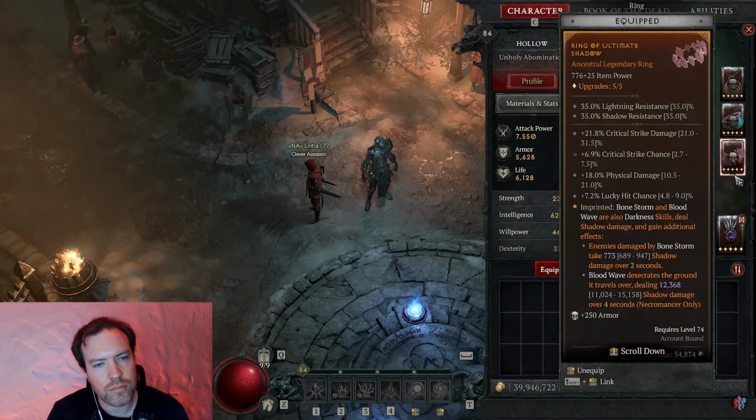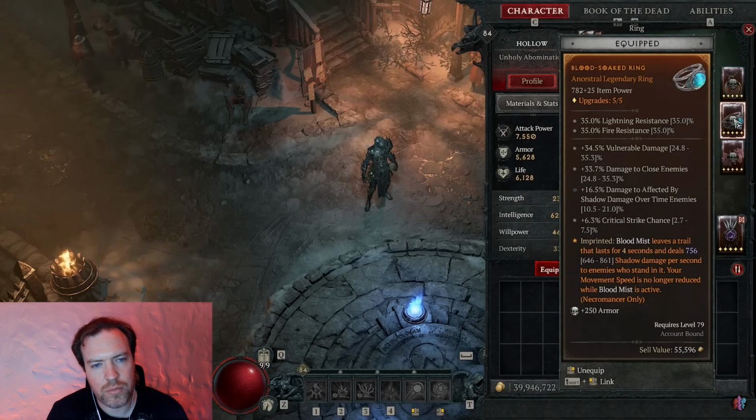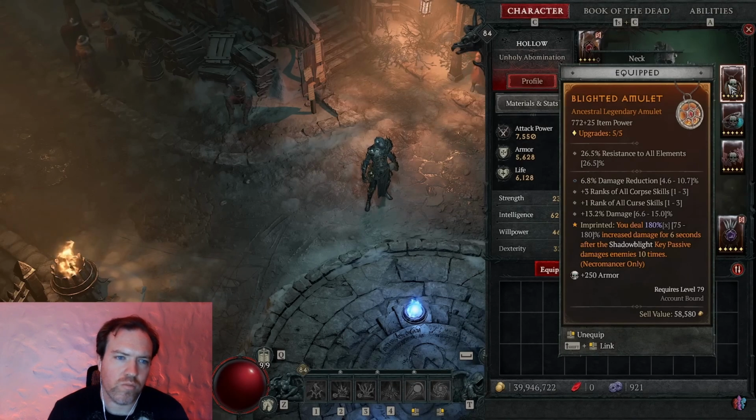When it comes to the rings then, first up we have the Ultimate Shadow, which is turning our Bone Storm into a Darkness skill, which is causing Shadow Blight, and that's amazing. Then we have Blood Soaked still, which is leaving a trail of shadow damage after we move around with Blood Mist, further causing Shadow Blight and the massive damage. What an amazing ability. And lastly, Blighted aspect, meaning we deal up to 180% times increased damage for 6 seconds